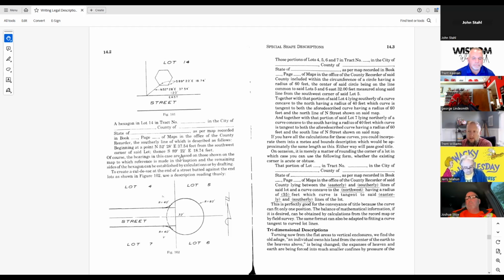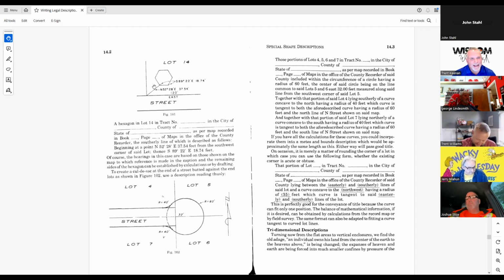But I'll tell you what, if ever in your career you find a hexagon or an octagon or a pentagon, any shape like that, give me a call and let me help you write the description just so I can say I did. I'll throw that out there for as long as I'm practicing. And just so you understand, the Pentagon is on a much larger piece of property. It doesn't have a description of its own.